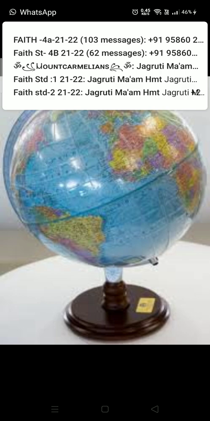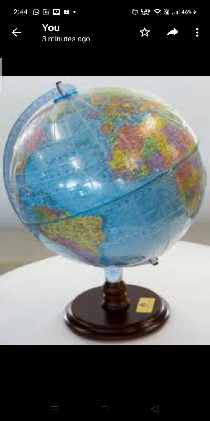Can you see the globe is attached with nails on two sides? One is at the north and one is at the south side. That C shape you can see, we can say that is the axis on which the earth is rotating. It's just a model, to give that feel.